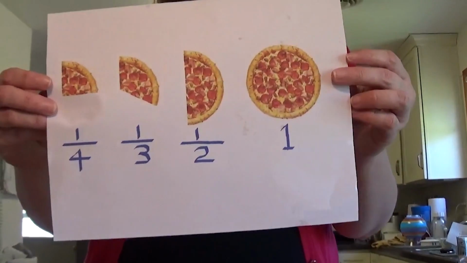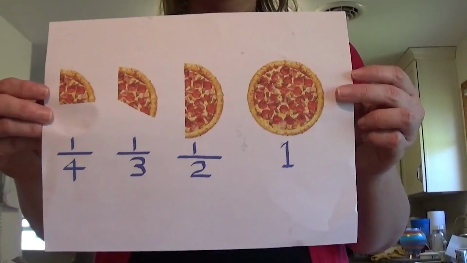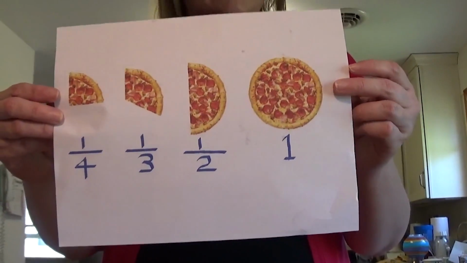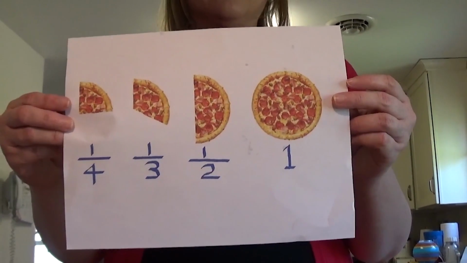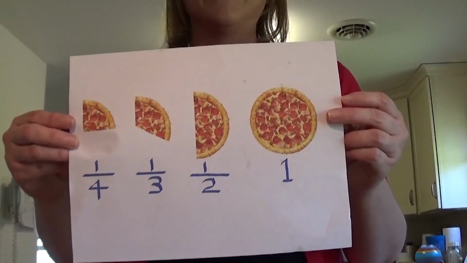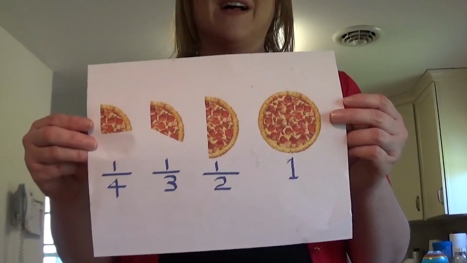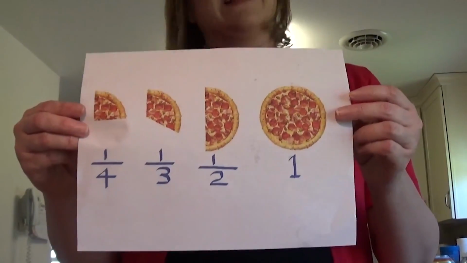So this picture is a picture of pizza. So let's pretend that you and I have spent an entire day hiking, quarantine hiking, so we were social distancing, and while we were hiking, we were really hungry. We didn't have any lunch and we didn't eat any breakfast, so we immediately went to a pizza place and we got a pizza for both of us. You ordered a salad, I did not. You made the healthy choice, I did not.